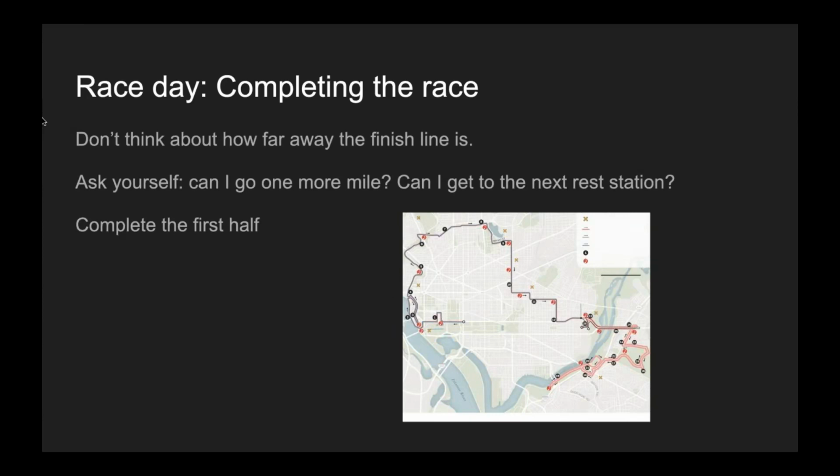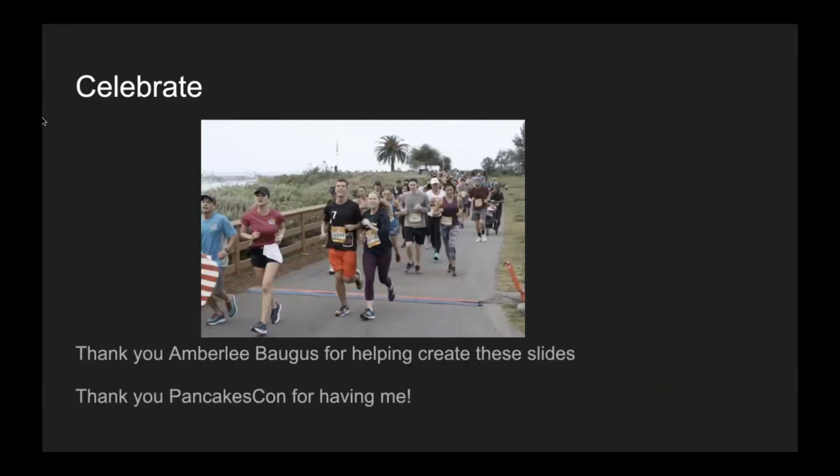And it's kind of amazing, but you don't need to have trained all the way up to a 26-mile race before doing a 26-mile race. I train about halfway. So if I can run about a 13-mile race without too much trouble, then I'm ready for the marathon. And if you can run a 5K without too much trouble, you're ready for a 10K. So that's my rule of thumb: if you can complete half of it, you can complete the whole thing.